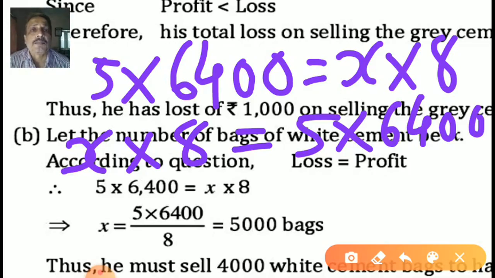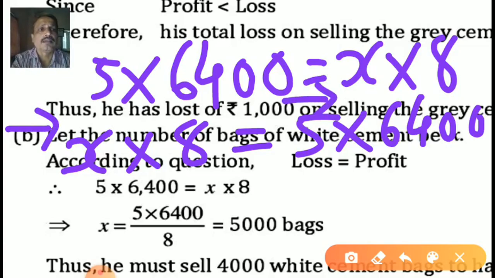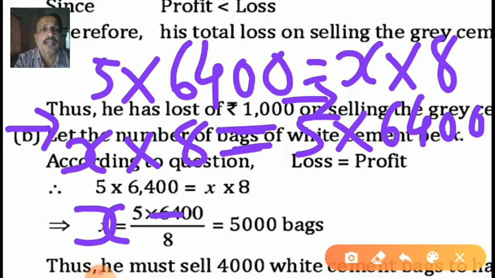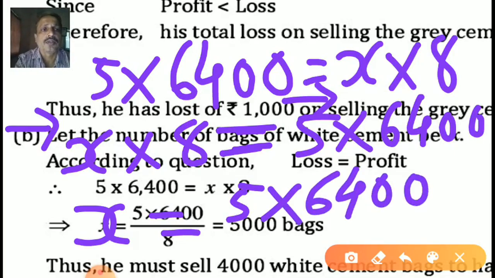Okay, we are keeping the alphabet, that means the variable, on one side and numbers on the other side. Here 8 has to move, or transpose, to the right side. This is my left side, this is my right side, and between them there is the equal to sign. X remains on the left side and 8 has to move to the right side. It is multiplied, so changing the side, it goes to divide. Yes, divide by 8.